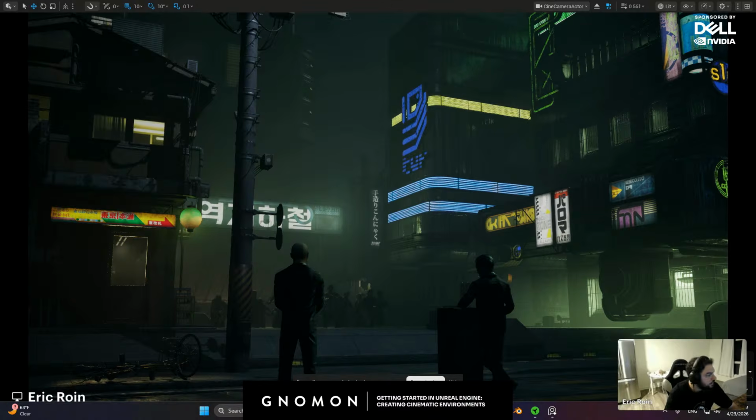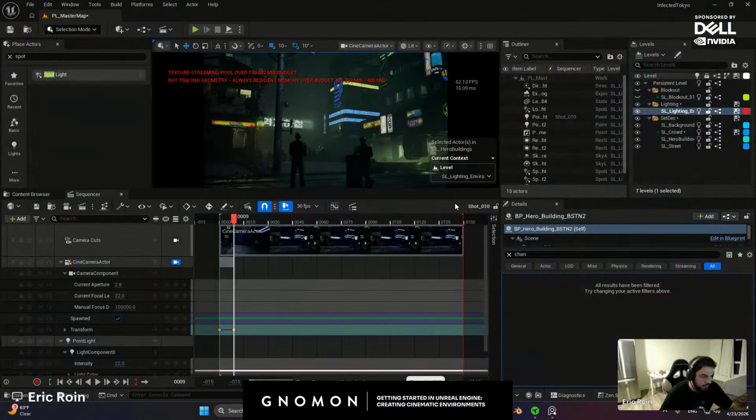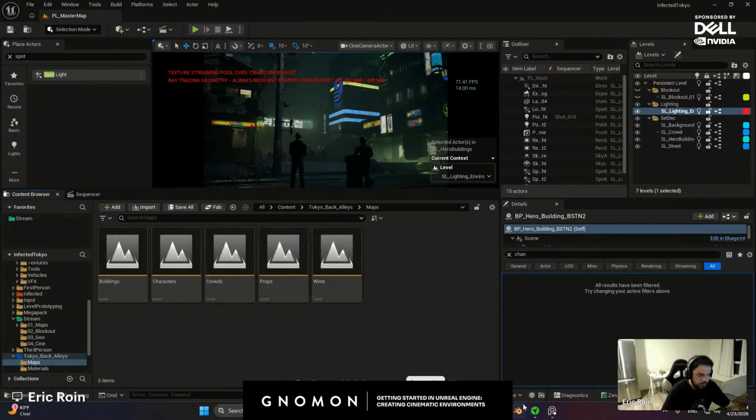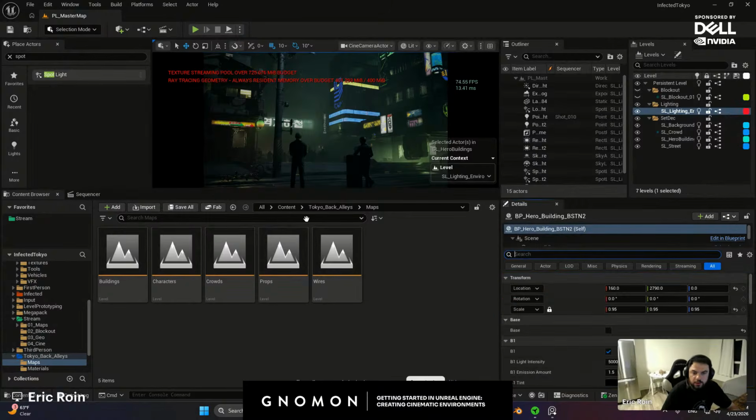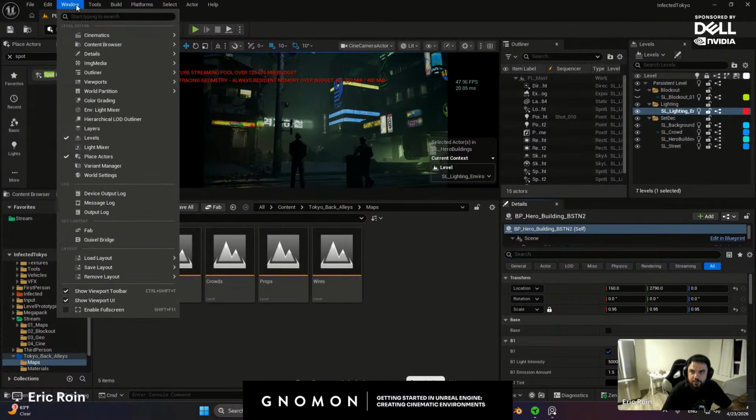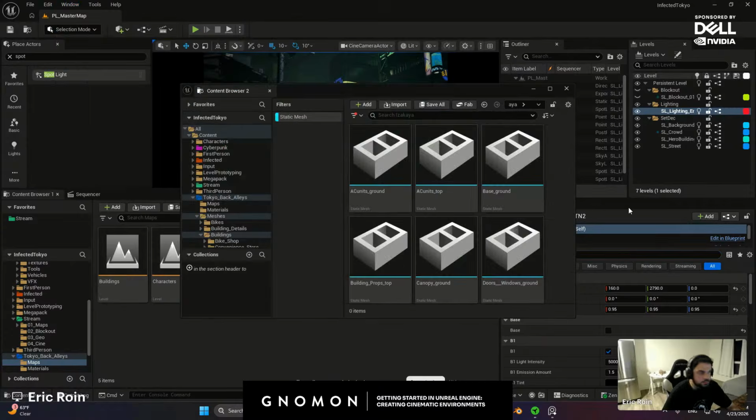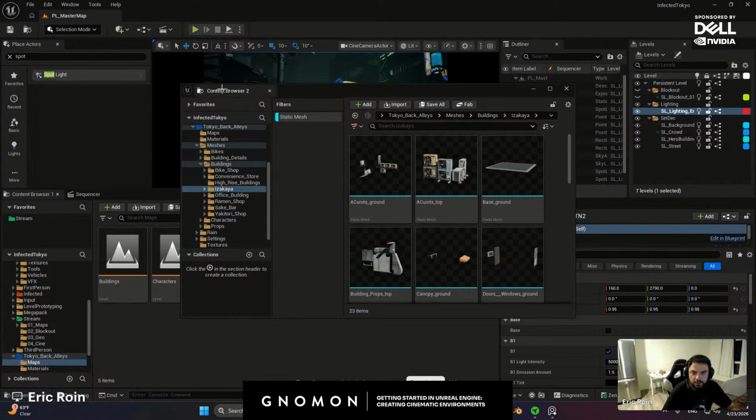Do you want to add just one more zombie maybe somewhere in the scene, and then we'll leave some time for Q&A in just a few minutes, hopefully. For this, I'm going to stop my palette tool and just kind of browse for the zombies in the asset browser because I do want to show you how that works too. So let's go to content browser, or we can have multiple content browsers. So window, content browser, number 2. Usually just dock it somewhere here.